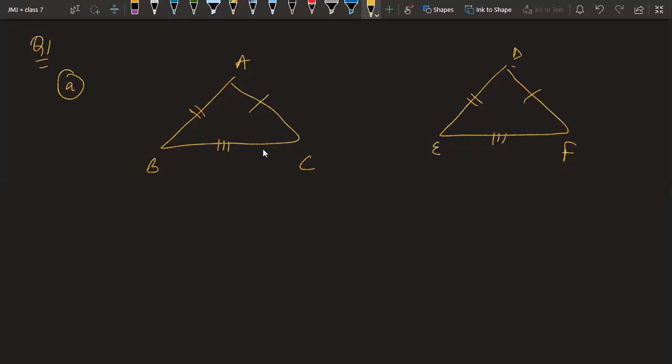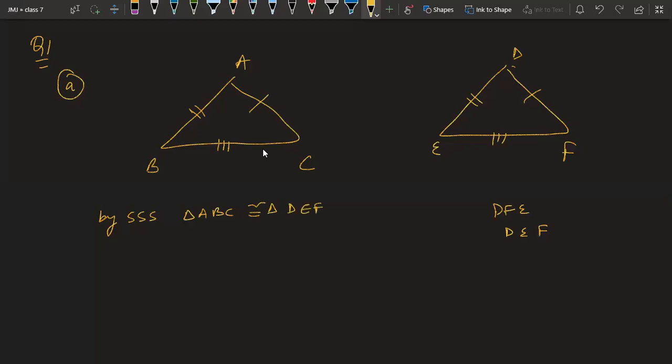This is the first criteria that we have learned. It is by criteria triple S. So by triple S criteria, triangle ABC is congruent to triangle. Please tell me class fast. ABC is congruent to, Tushita is saying DFE. Please observe carefully. Some are saying DEF. Okay, maximum are saying DEF. So I suppose it is correct.